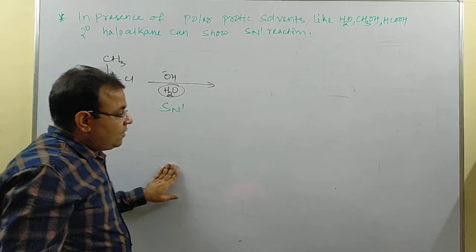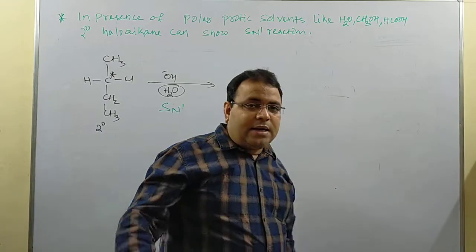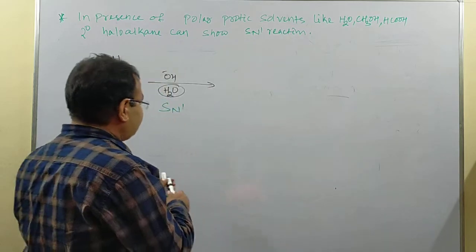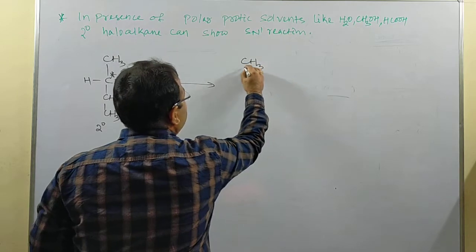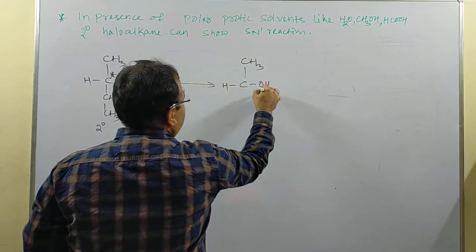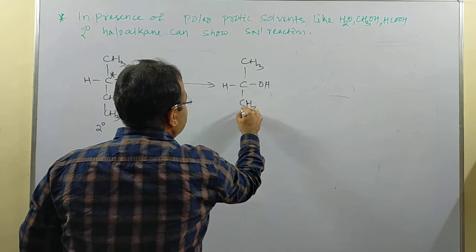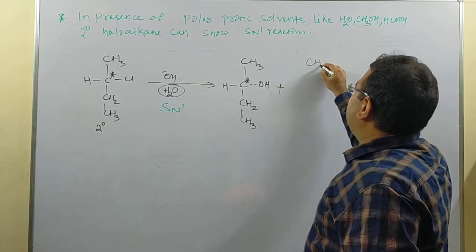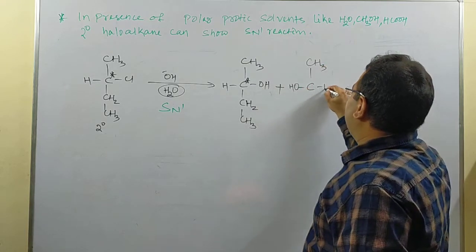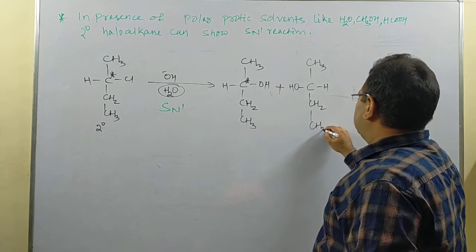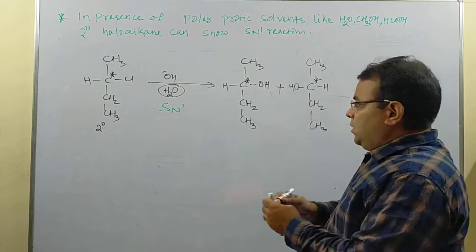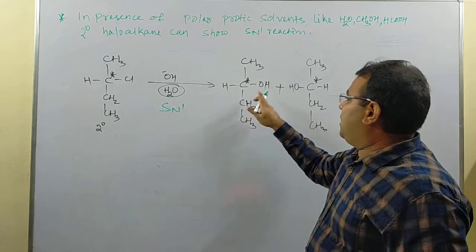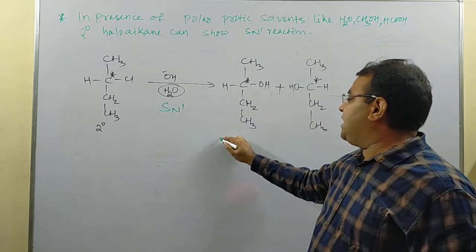So in SN1 reaction, we have found that it will give two types of products. One is inversion, one is retention. So for the two products I will write CH3CHOH and this is CH2 and CH3. Again it is a chiral one. Plus along with this it will give another product which is OH, H, CH2 and CH3. Again it also has one chiral carbon. So tell me, if the chlorine is present on the right side of the molecule and here OH is also present on the right side, so it is the retention product.